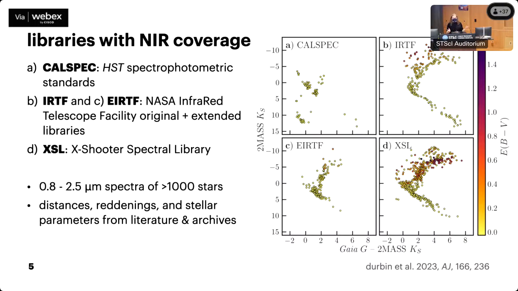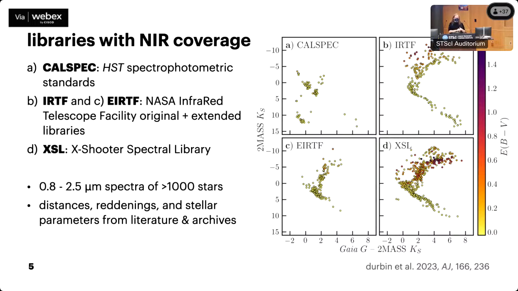So now that I have spent all of this time talking about cool giants, those were the impetus for doing this work. But as I started looking into available spectral libraries with near IR coverage, I said, you know, we really can't get away with leaving CalSpec out, even though it doesn't include a lot of giants, because it's such a fundamental benchmark. And from there I went, well, there's no reason to not just do the entire HR diagram while we're at it. So we ended up combining 4 spectral libraries to get a sample of around 1,000 stars with continuous spectral coverage, with the spectral continuum preserved between about 0.7 and 2.5 microns.